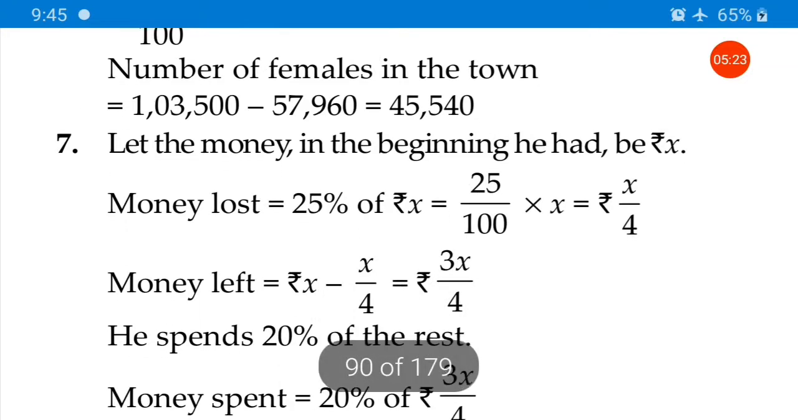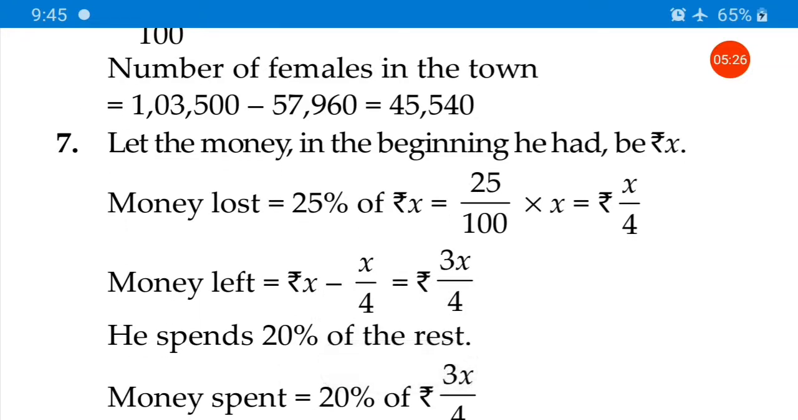Question number 7. A man loses 25% of his money. After spending 20% of the rest, he has rupees 10,200 left with him. How much money did he